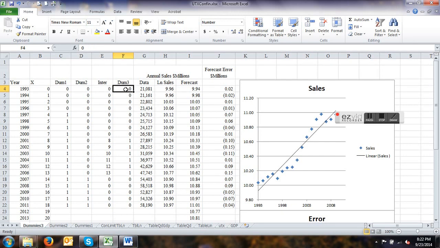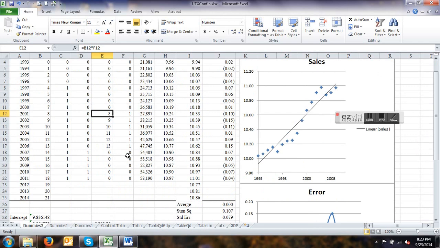Everywhere else I'm going to want 0. And now to interact it, I need to interact the dummy with the x variable. So all I'm going to do is multiply x by the dummy. Whenever the dummy is 0, the interaction term is going to be 0. Whenever the dummy is 1, the interaction term is just going to be equal to what x is. Okay? So that's where we have 8, 9, 10, 11, 12, 13 whenever we have a 1 in the dummy